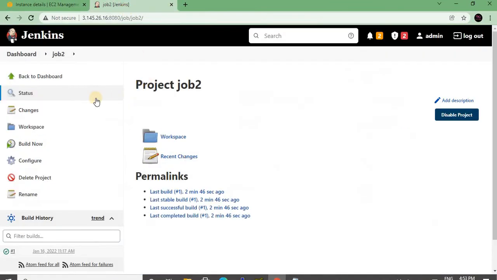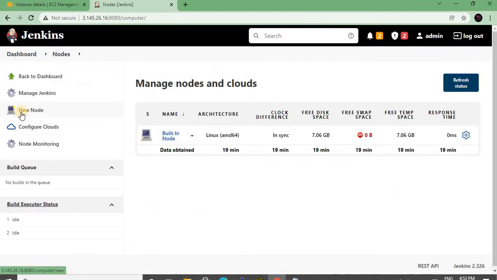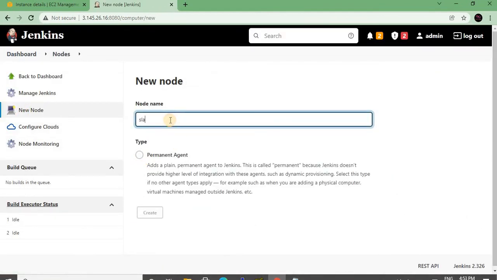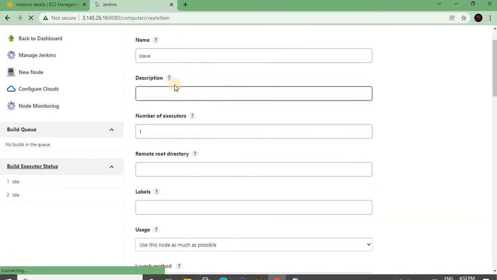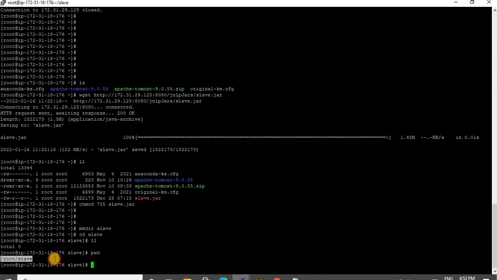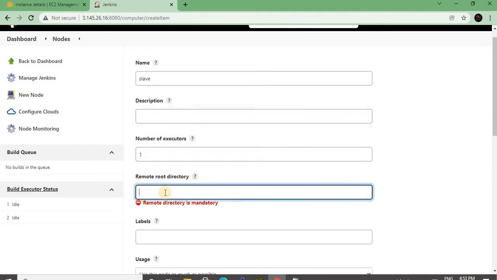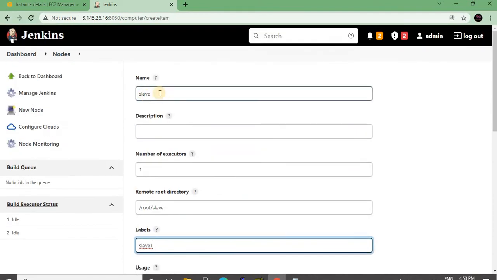Let's move to dashboard. Manage Jenkins. Come to manage nodes. Click on new node. Just give a new node name called slave. Click on permanent agent, create. All these are your wish: slave name, description. Now for remote root directory, you need to give the directory we have created for workspace. Superb. Now the label is a very important parameter that should be considered. I'm just giving it as slave1. Remember guys, I have given the slave name as slave, but the label name as slave1.